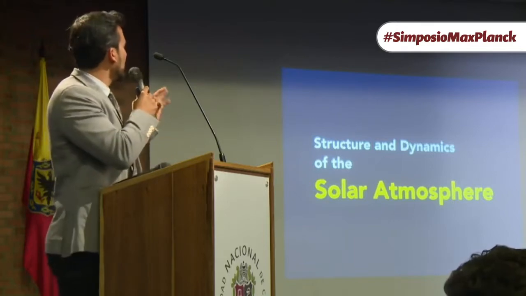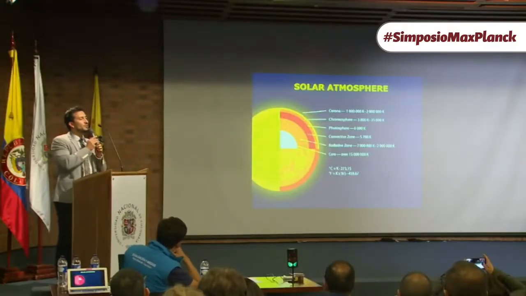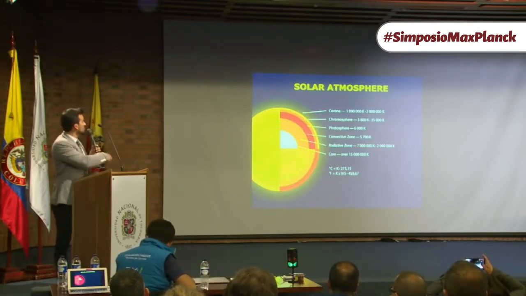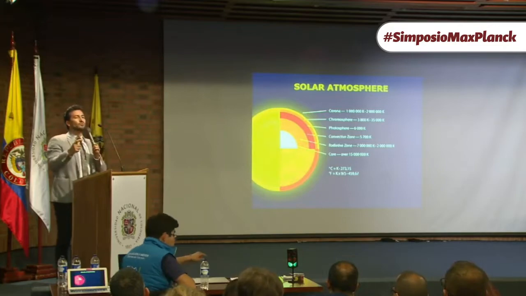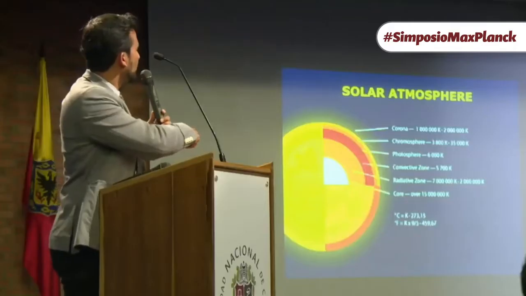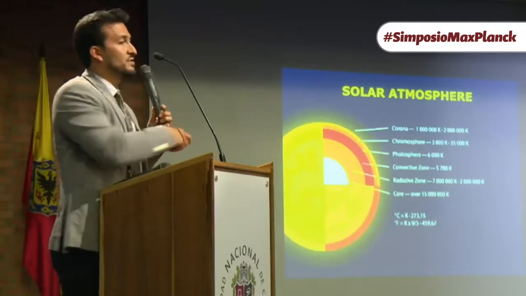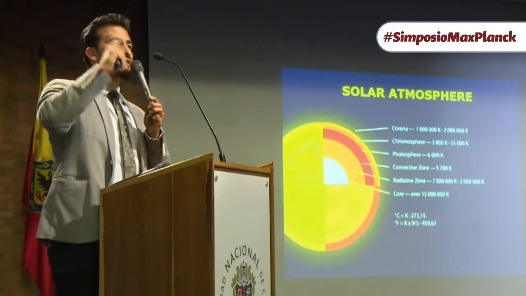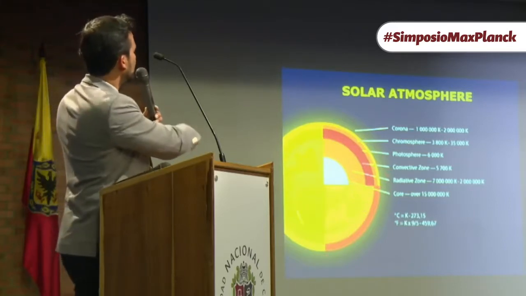So now I'm going to talk about the structure of the solar atmosphere. The talk before by Dr. Shapiro already talked a little bit about activity, but I'm going to give you a brief sneak peek of how the sun behaves in different layers. You have the inner part of the sun, which is the core, where all the energy is produced, and then the energy is transported to the surface of the sun. First you have the radiative zone and then the convective zone. Then you get to the surface of the sun, which is what we call the photosphere, the sphere of light. After that you have the atmosphere of the sun, where you have the chromosphere and the corona.